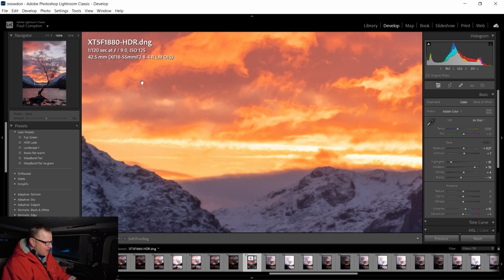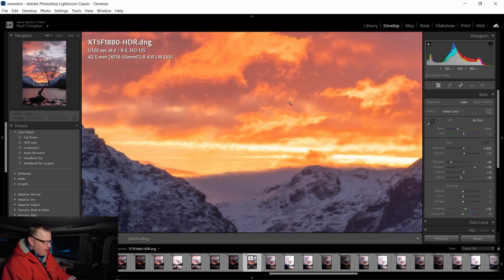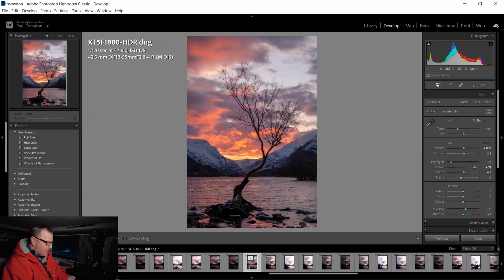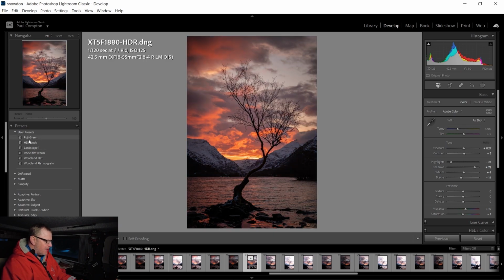You can see there's a slight little bit of something going on along this edge, something that could be to do with the merging and sticking them together. So it's worth keeping an eye on to make sure that everything stitches, but from this distance you can't see that. Now I've got some presets set up on this corner, as you can see down the left hand side,